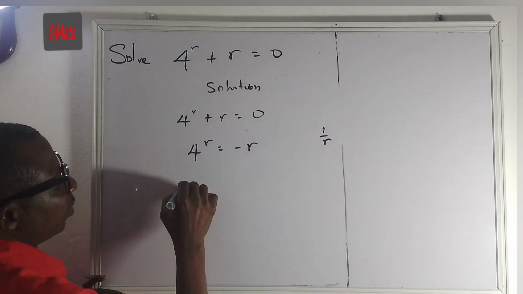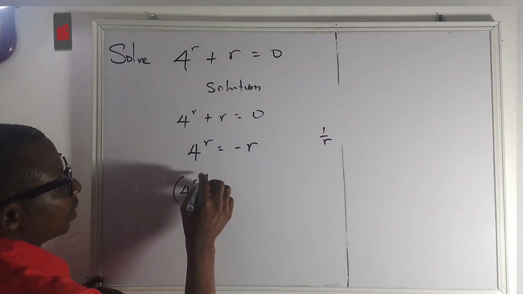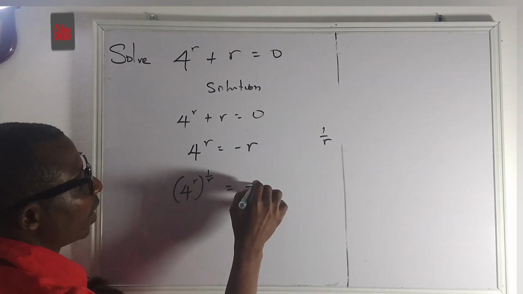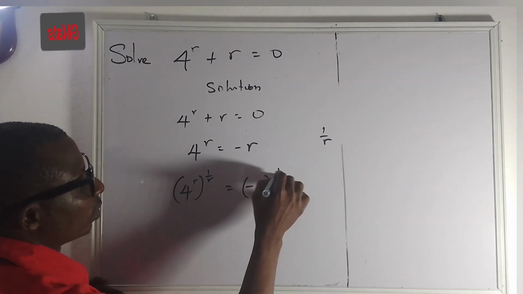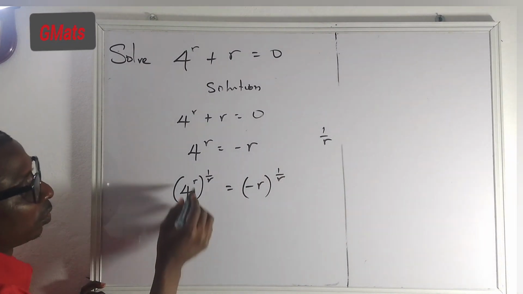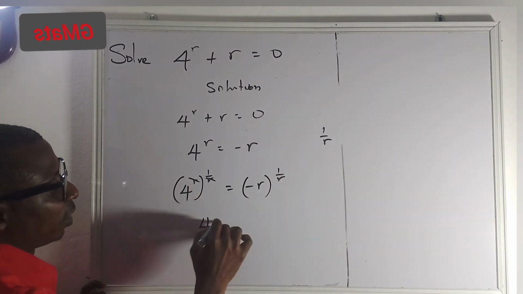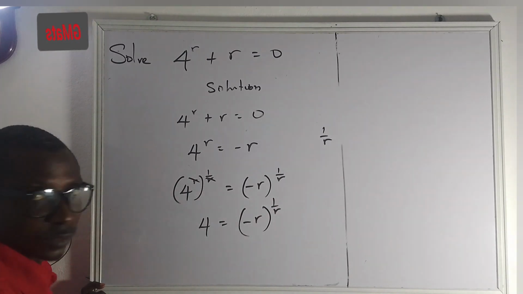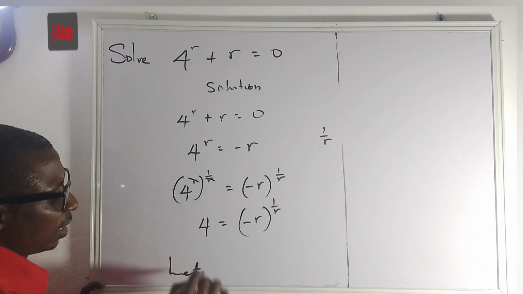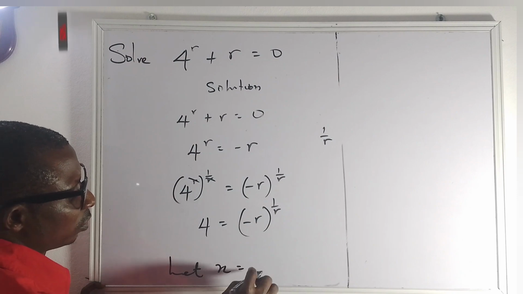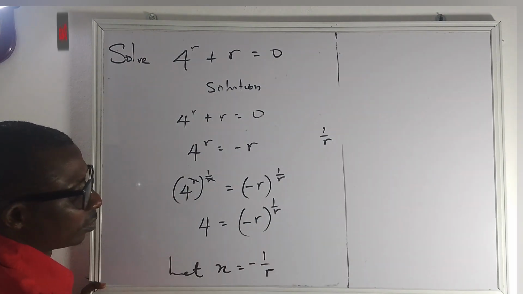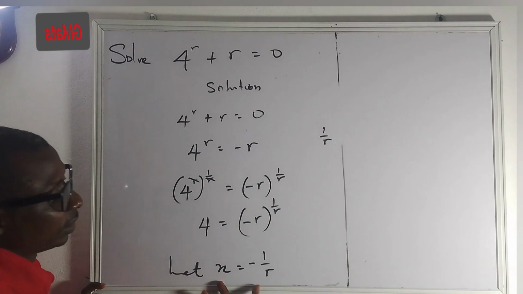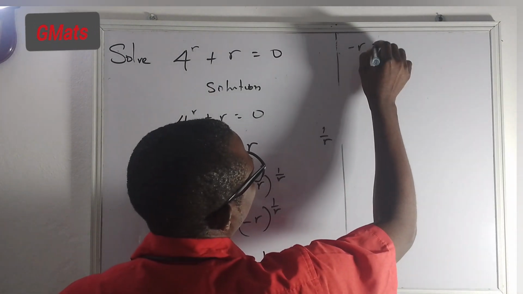So we have 4 raised to the power of r times 1 over r, raised to the power of 1 over r, equals minus r raised to the power of 1 over r. So r cancels r, and we have 4 equals minus r raised to the power of 1 over r. Alright, now let's make an assumption. Let's say x equals minus 1 over r. So if we have it this way, it's the same thing as saying that minus r equals 1